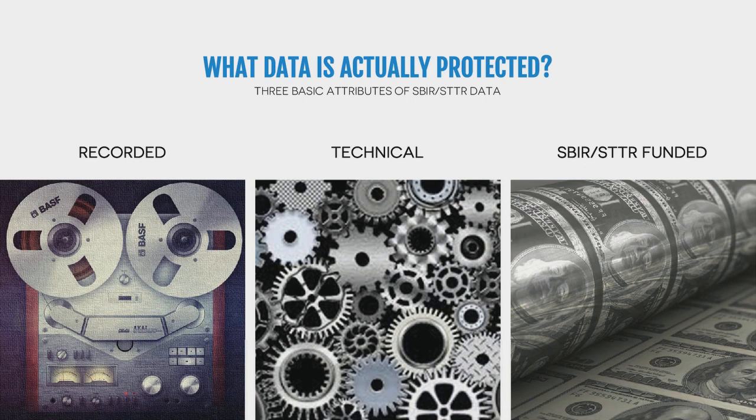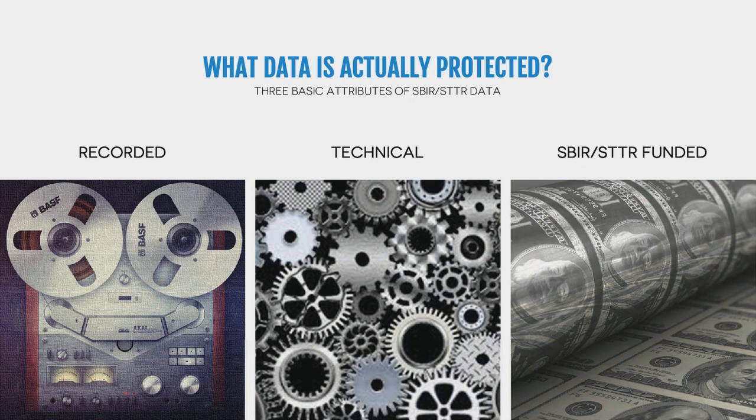Right? It needs to be recorded information, and this can include source code, sketches, drawings, formulas, equations, reports, SBIR final reports. It needs to be of a technical nature. Company background, cost and pricing is not technical, so that won't be covered as SBIR data. And it has to be generated under a SBIR or STTR funding agreement. Now, SBIR funding may include grants, contracts, co-op agreements, and other types of funding, whatever the government chooses to make for your specific award. Okay.